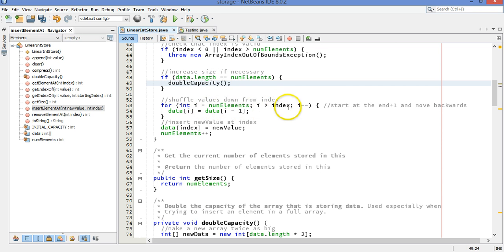To do this, we're going to start at the end, number of elements, and actually one beyond it. If there were 5 elements, that would be positions 0 through 4. We're going to start at position 5, and we're going to copy into position 5 the value before it. So that's going to take position 4's value and copy it into position 5. And so on, position 3 into 4, position 2 into 3, and so on until we get down to index,